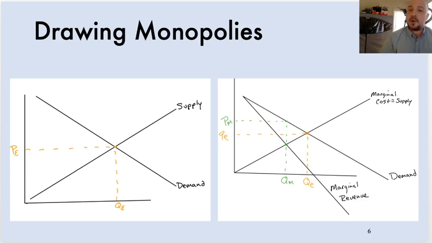Now, what's interesting is the price is bumped up all the way up to the demand line because that's the highest price that people are willing to pay, right? This monopoly wants to make as much revenue as possible, and so what it does is it bumps the price up to the demand line, right? And that becomes the profit maximizing price and quantity for the monopoly. Well, if we look at that, the price is higher than the normal equilibrium, and the quantity is lower than the normal equilibrium. So those are our two problems with the monopoly, right? The first problem is that the prices are too high and the quantity is too low, right? I would go to that store, eggs would be $6, and there wouldn't be enough eggs for everybody, right? That is your problem with monopolies.